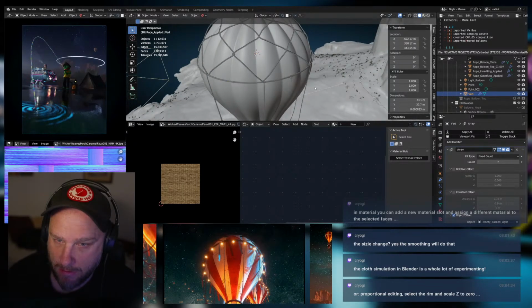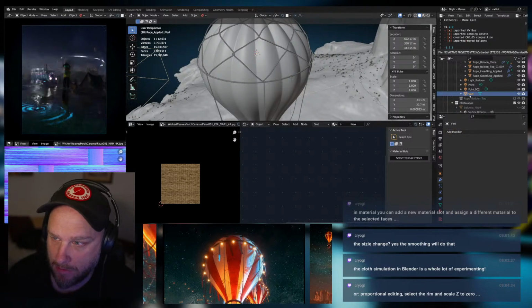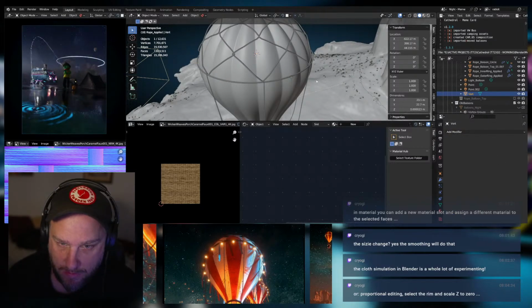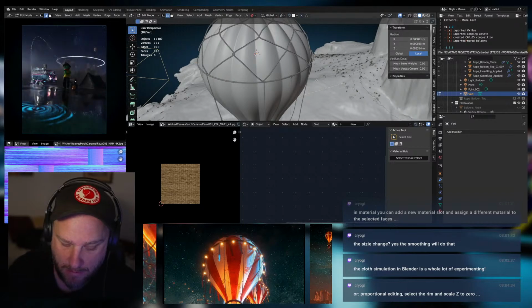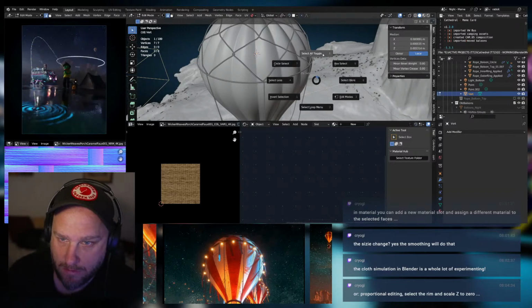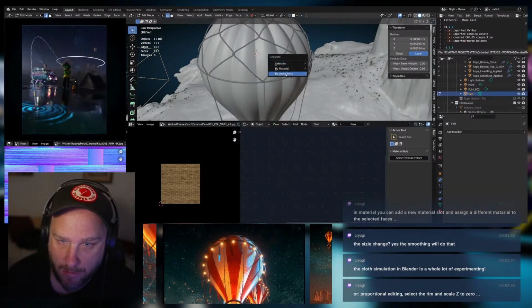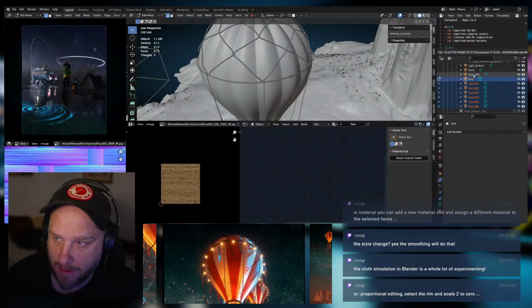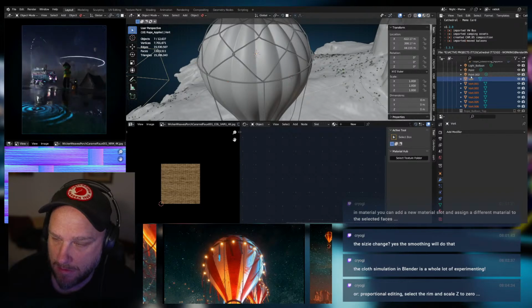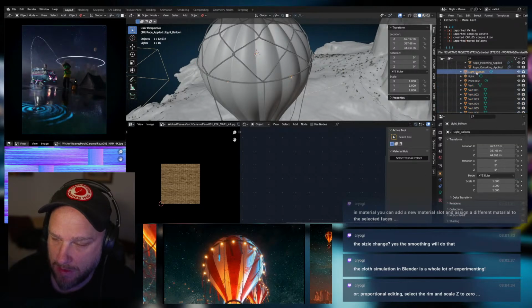And basically all we want to do now is apply it. And we want to edit all. Separate by loose parts. Yes, okay. So now we've got all the verts. And what we want to do is